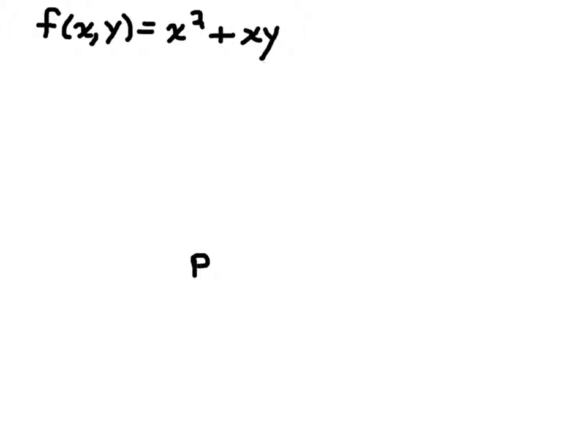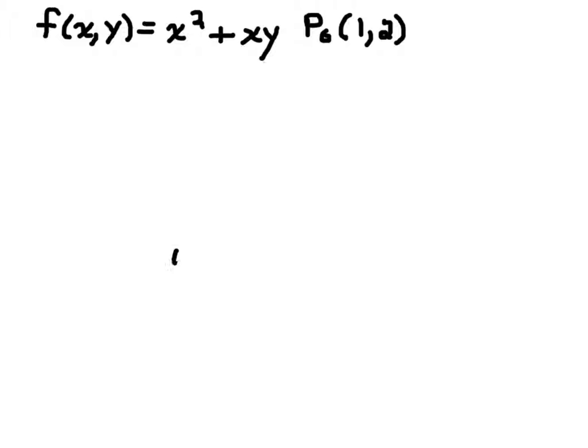Let's find the derivative of f of x and y, where f is equal to x squared plus x times y. So this is the equation for our curve. Let's do that at p naught, which is the point 1, 2,